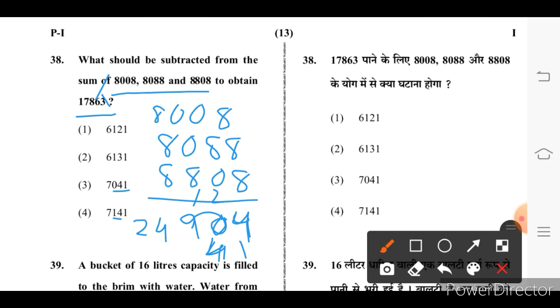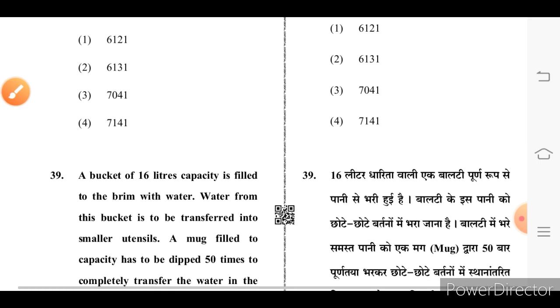And where is 4 1 in the answer? Here and here. Here we have 8 only because one lost a number. So from 8, when we remove which number do we get 8? When we remove 0, 8 minus 0 is equal to 8. So this is the correct answer. We have 4140. So third option is correct.